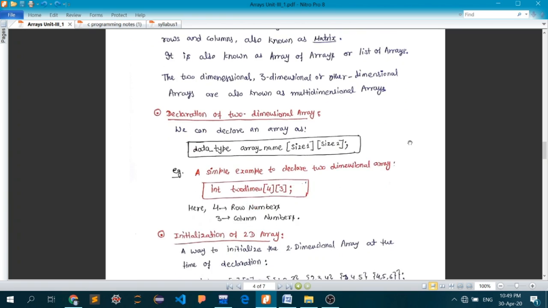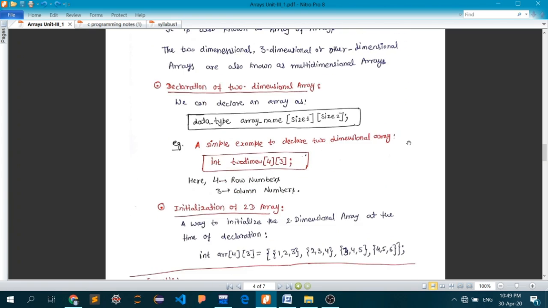Yesterday we discussed how we are going to declare two-dimensional arrays in C. As I have told you before, first we have to write the data type, that is, what kind of data your array is going to hold. Next, with a space, you write the name of the array, that is, by what name you're going to call your array. After that, two square brackets.